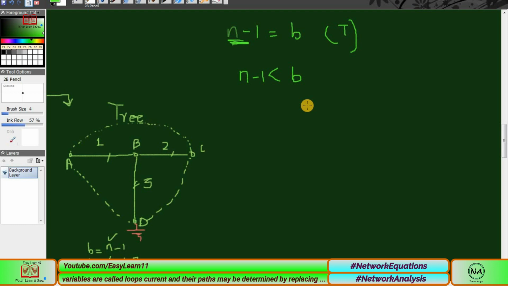Anyway, now I was turning to the matter of selecting current variables fewer in number than the b branch currents. That means we have the b branches again, and now we are going to select the currents for these b branches. For that, the discussion to follow is the dual to that given for the voltage variables and begins by considering the tree